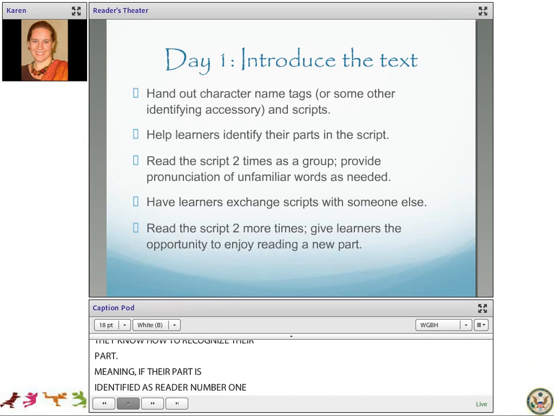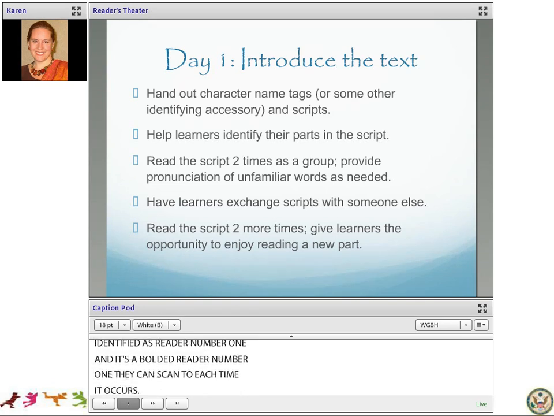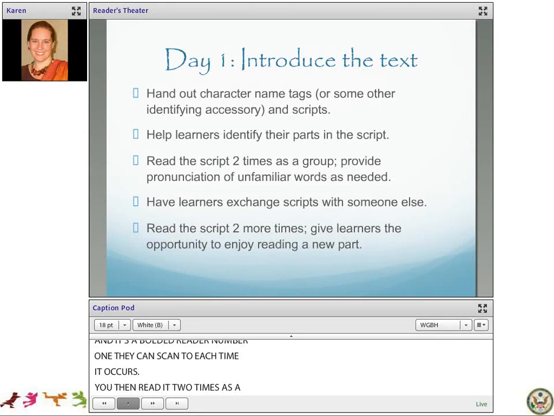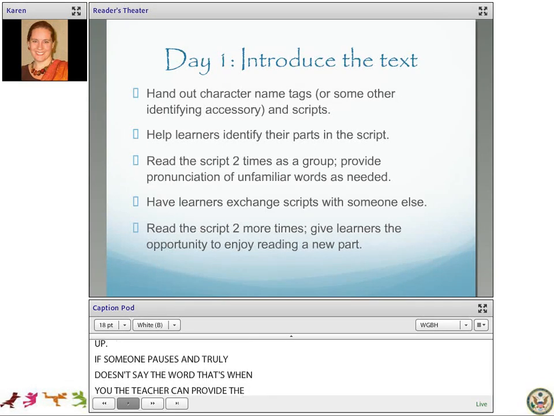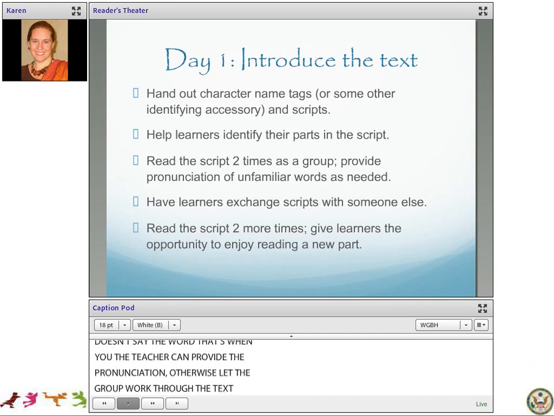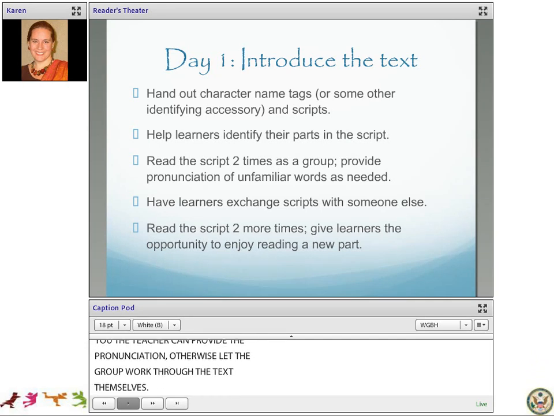You'll then read the script 2 times as a group and provide pronunciation of unfamiliar words only as it comes up. If somebody pauses and truly doesn't know how to say the word, that would be when you, the teacher, could provide that pronunciation. But otherwise, let the group work through the text themselves. Assuming that the text is not too difficult for them, they will be able to get through it, even if they're stumbling a bit. The idea is that they'll then appreciate the progress they make through repeated deliveries of the text. After at least 2 times, maybe 3,